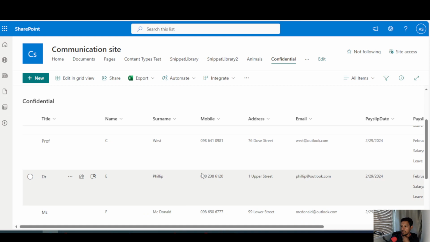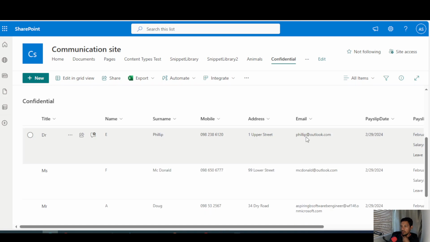We also have the matching email address column. We could possibly use a lookup column as well, but this is here as a text field used for capturing the email address for the person that each item belongs to. And then in PowerApps,